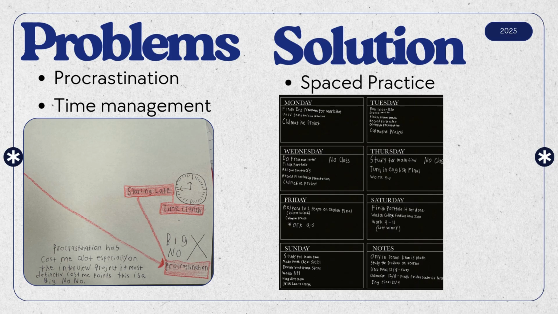Now, some problems that I have encountered, and probably just about everybody has while writing, is procrastination and time management. You know, putting it off that way you can go do something else, or trying to find the best moment to start writing. However, the solution that I have found for this is spaced practice. Writing down what I'm going to do throughout the week, what homework, what projects I have to do, and getting it done. You got to stay self disciplined while using spaced practice.